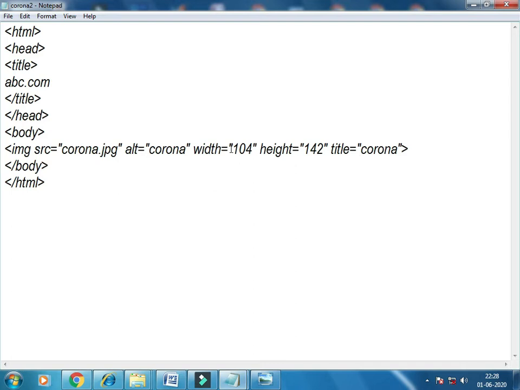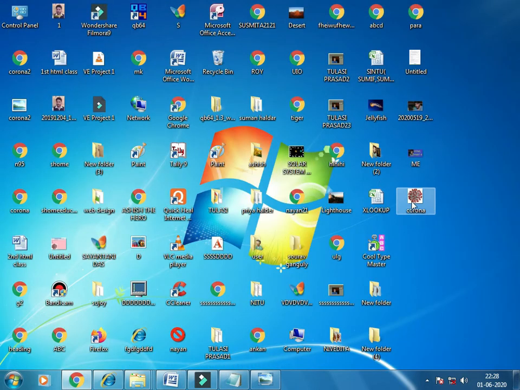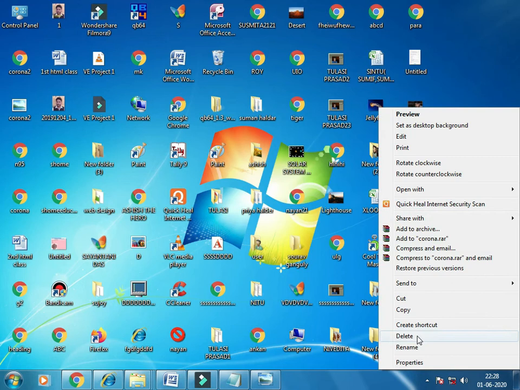Now I am giving, you may change the height and width. Okay, fine. And the title is already given as corona, fine. What is the function of title, we already discussed. Now this one, the alternate text. What is this? Look, if I delete the corona image file from here, okay,